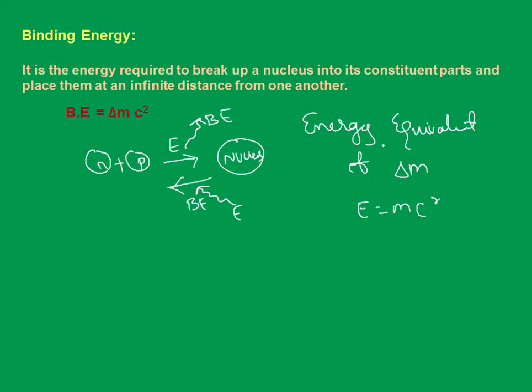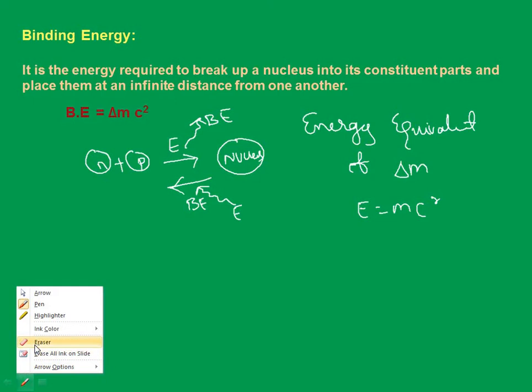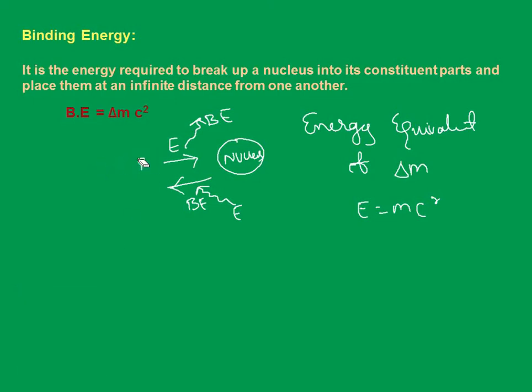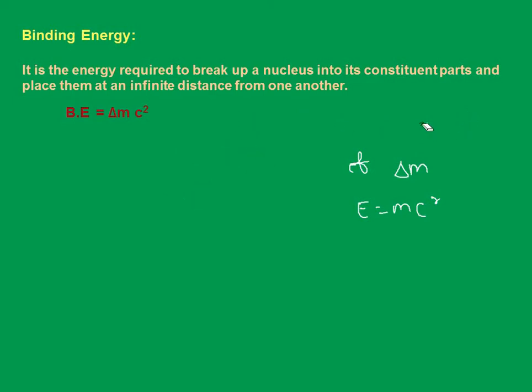And remember, binding energy always tells us regarding the stability of the nucleus. If it requires more energy, what does that mean? The nucleus is much more stable, and the same holds if it gives out energy, because it is much stronger. If the forces are very strong, you have to apply more energy. Then that particular nucleus requires more energy, thus binding energy is more. So the binding energy of the nucleus is provided by the mass defect, which is only a small fraction of the mass of the nucleus. That's it, right?